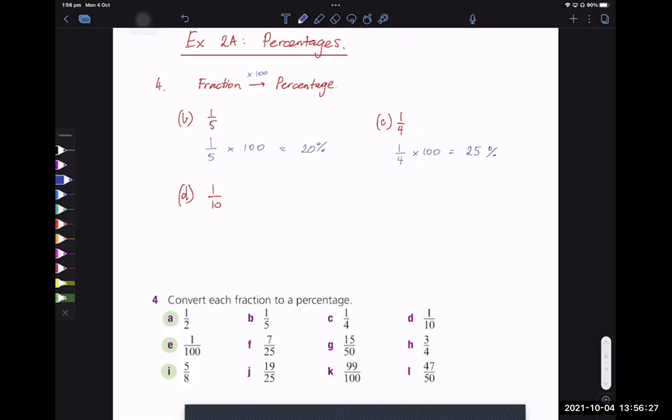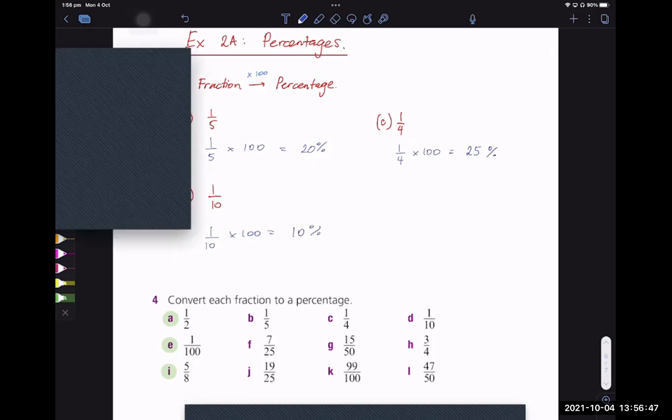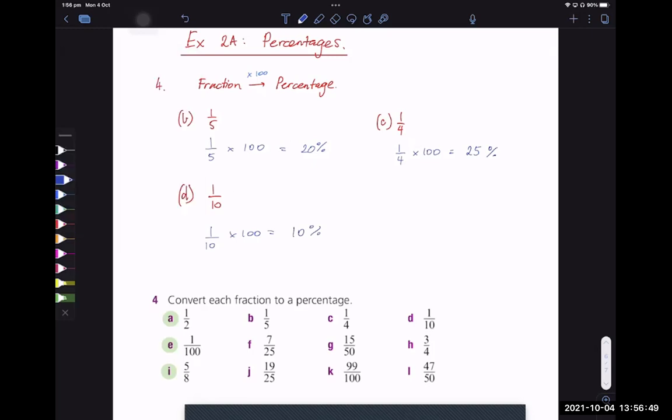Ustad, can we do more? Yeah, you can do a couple more if you want. All right then. It's more practice. It gives you a better understanding of how to do it on your calculator as well. Make sure you punch it in your calculator as well, just so you can get used to it. Yeah. For all of them, if you want to convert a fraction, all you have to do is